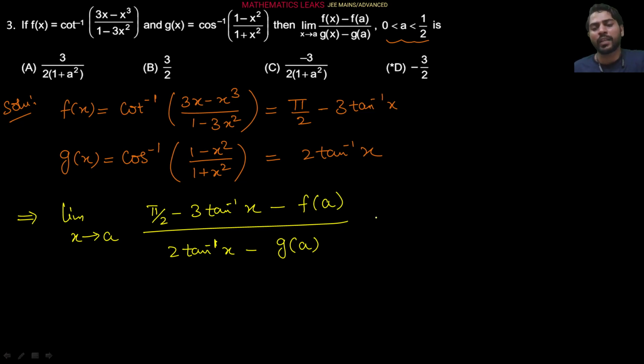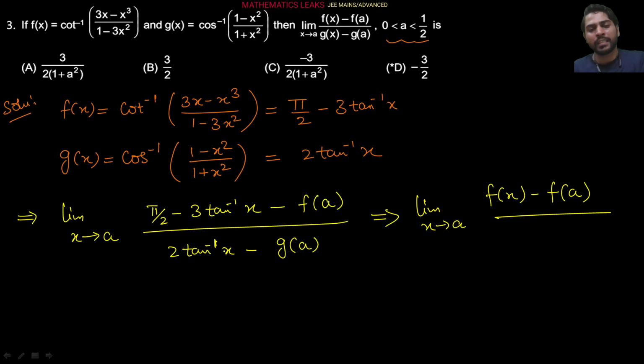So what does this mean here? It means limit x tends to a, f of x minus f of a upon, and this is what here? G of x only. So g of x minus g of a. When we put the limit x equals a in this one, it is f of a minus f of a upon g of a minus g of a, so it is becoming 0 by 0 form, everybody. From this one you will observe it will be complicated, but if you consider that this is nothing but f of x only